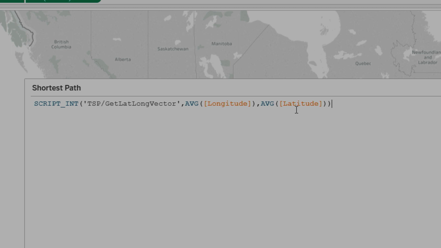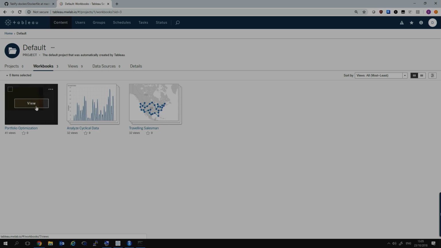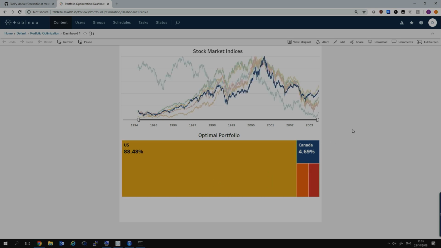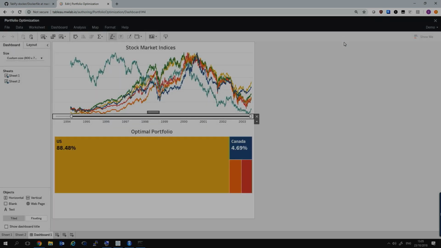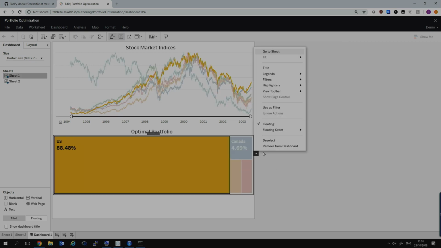To show a further example of what MATLAB really allows for, let's switch out of this case and go into our portfolio optimization problem. Because MATLAB is readily used in many cases surrounding financial analysis, you might want a dashboard that makes use of some of those advantages. If I look at the web edit function, there's no reason to restrict development to Tableau Desktop for some of your users if they want to test things out within web edit.